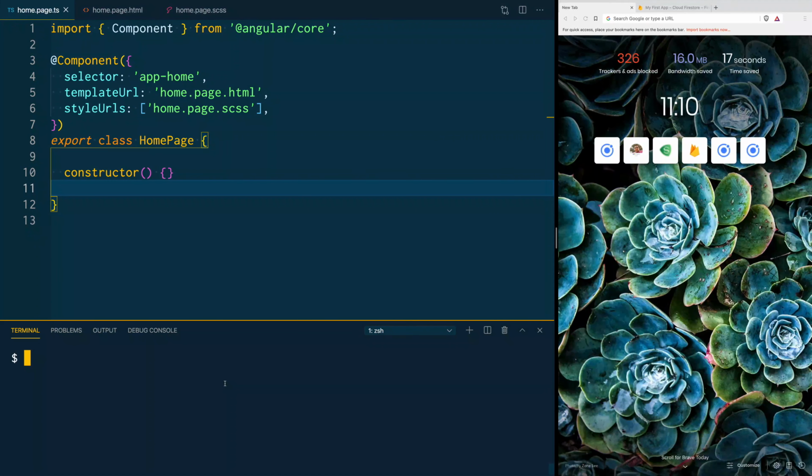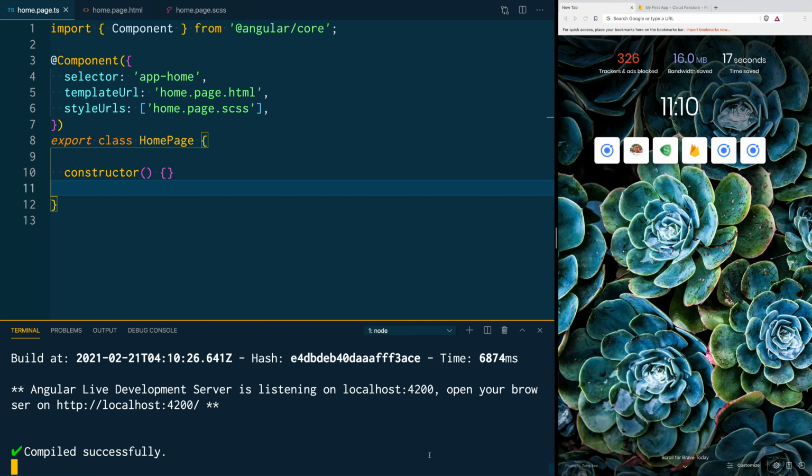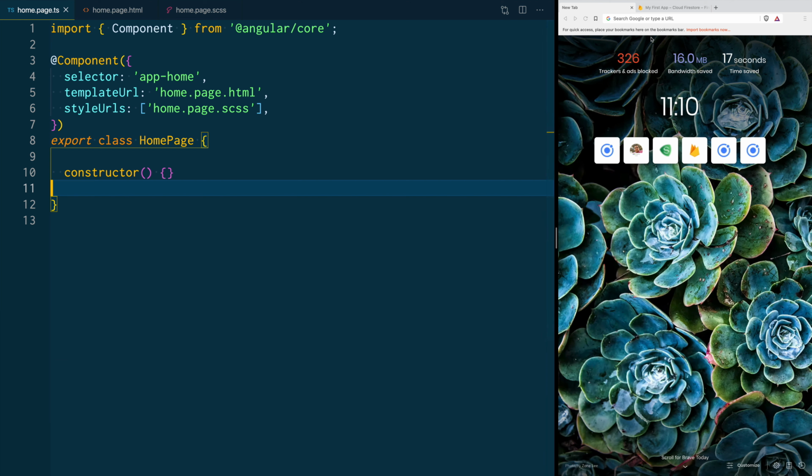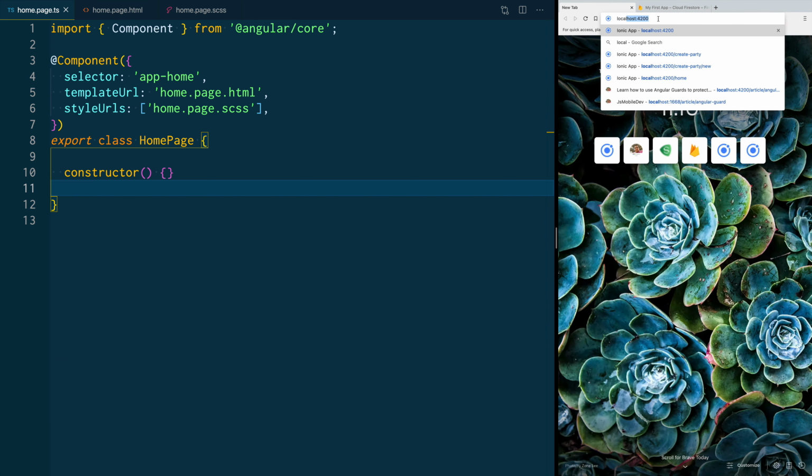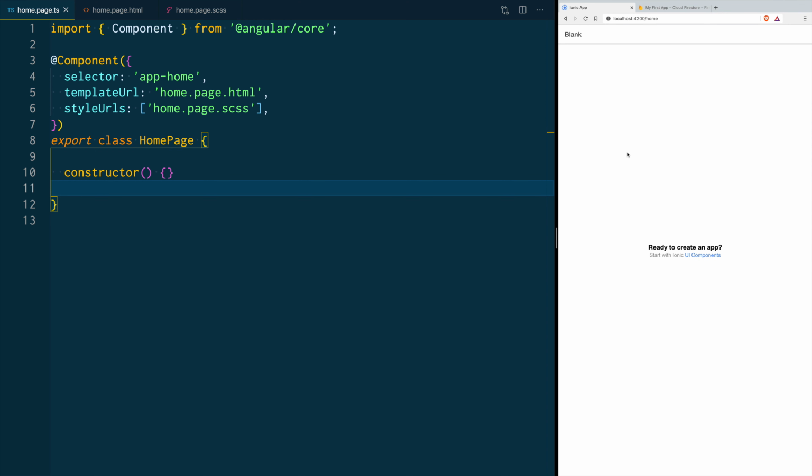We are going to go ahead and set up our application to see how it's working. You can do that by typing either Ionic Serve or ng serve. Once it's done, you can close your terminal, and in the browser you can navigate to localhost and the port 4200. This is if you type ng serve. If you type Ionic Serve, I believe it's port 8000. And in here we see just the basic layout that Ionic starts with.